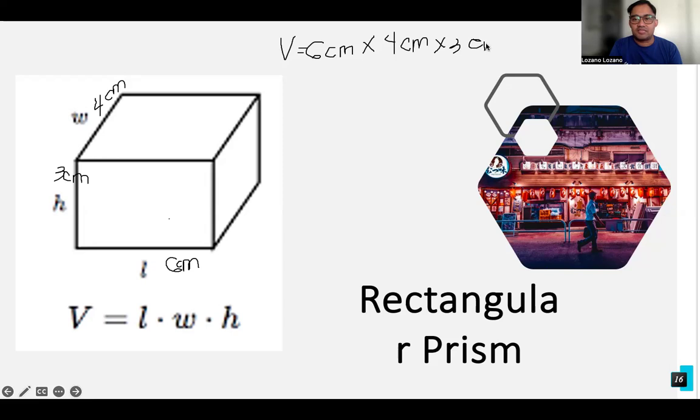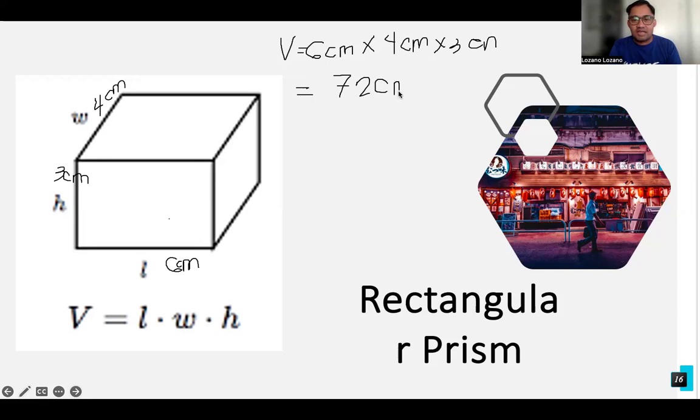Okay, so let's multiply. So 4 times 6 is equals to 6 times 4 is equals to 24. 24 times 3 is equals to, very good, 72